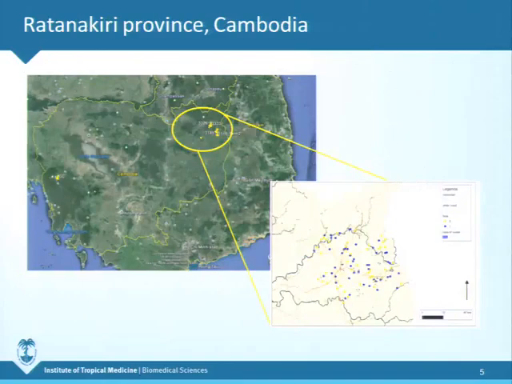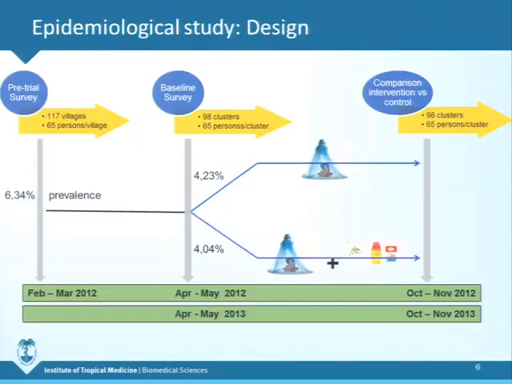So it was a randomized control trial that was implemented in the province of Ratanakiri in Cambodia, at the border of Vietnam. And you can see here the villages that we followed up during 2 years. So in yellow you have the control villages, and in blue you have the intervention villages. So this is the design. It's a randomized control trial with about 170 villages we selected, that were the villages with the highest incidence based on passive case detection. And during a pre-trial survey we got